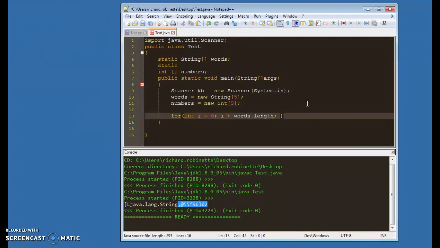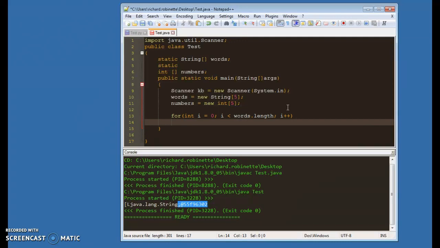So if you say words.length, it doesn't go off of i, but the array starts printing from 0 to 4, right? So notice I say less than, so it means that it will not include the last number. So then we're going i++, right? So inside of here, what we can do is set words at position i